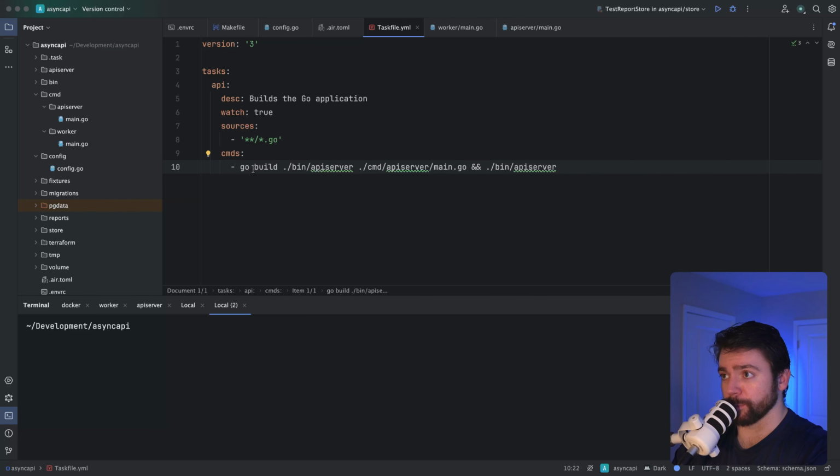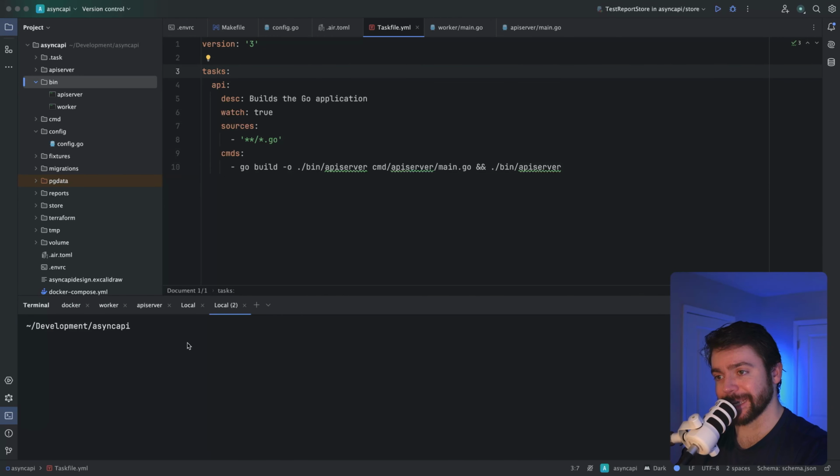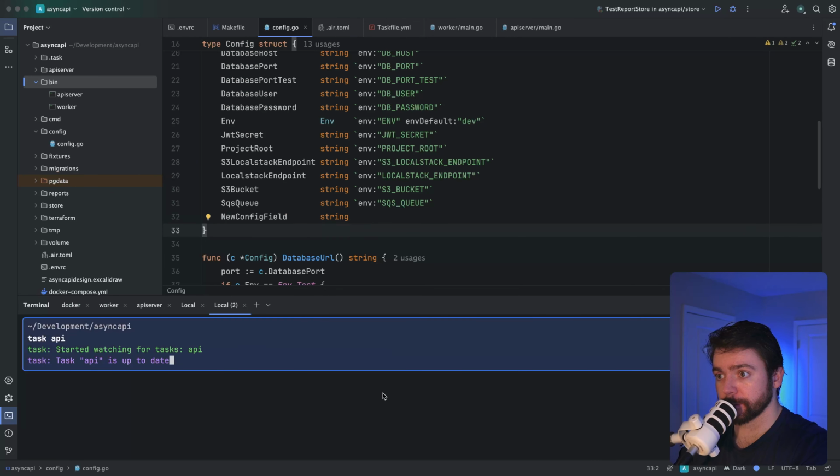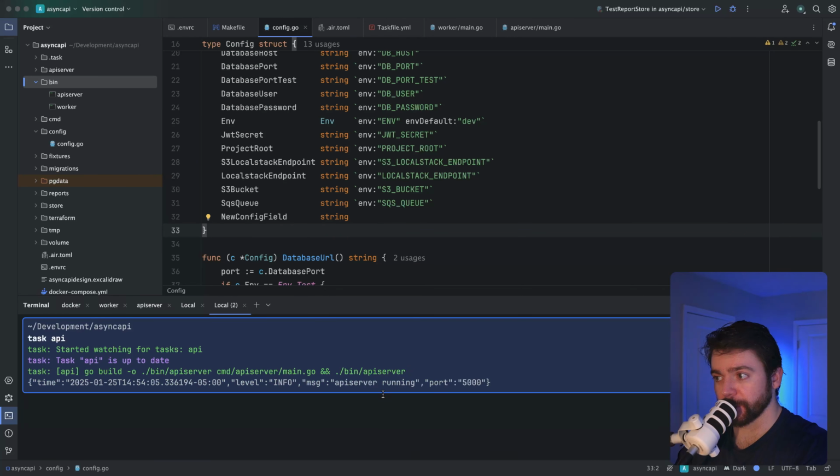So now we're building the binary using our app here, and then we're executing it immediately. We could technically split this up into two separate commands, but for simplicity now, we'll just go ahead and make it one. I forgot the -o here. Okay. So now I can go ahead and just run task API. And let's go ahead and make a code change. Okay. Run it again. We can see that it's a little bit slow,